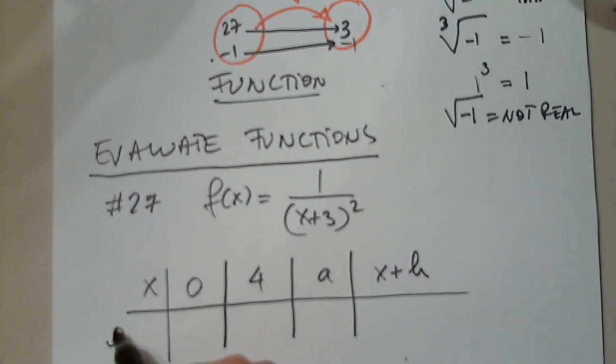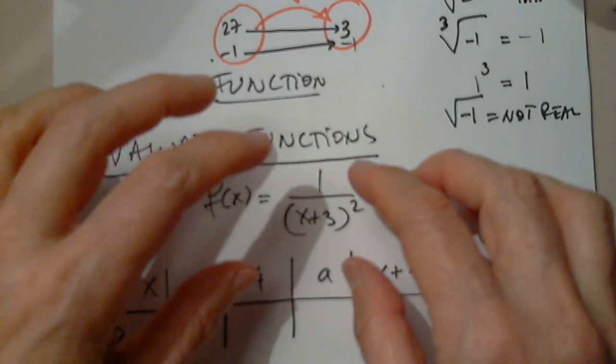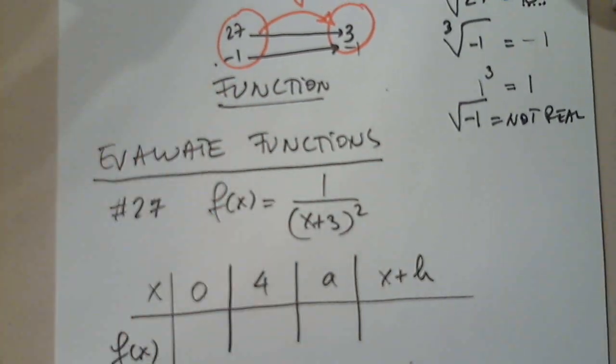Perfect. And this is our f of x. Good. So I see there is a chat. Okay, good. So when you give me this function and you say evaluate it, the first thing I do